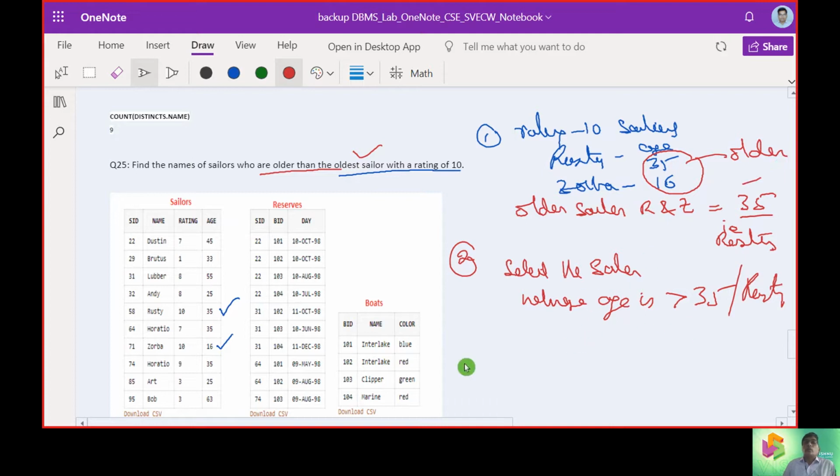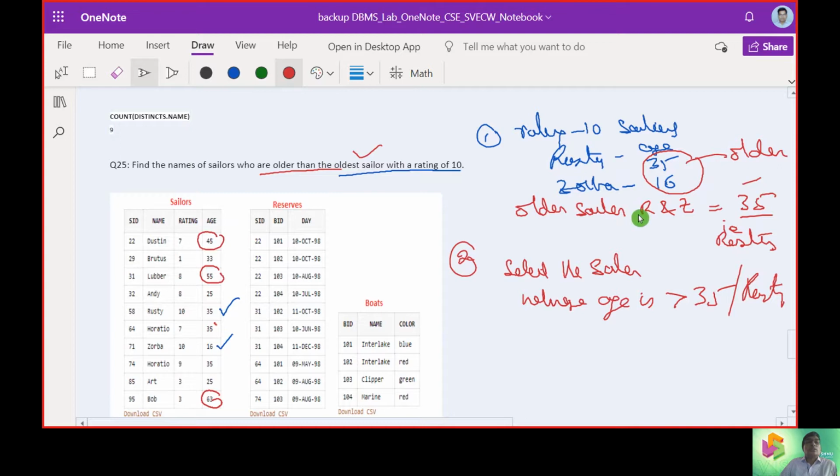Now we need to find who are older than 35. We have 35 occurrences again, so I'm not sure whether we can pick it up here.